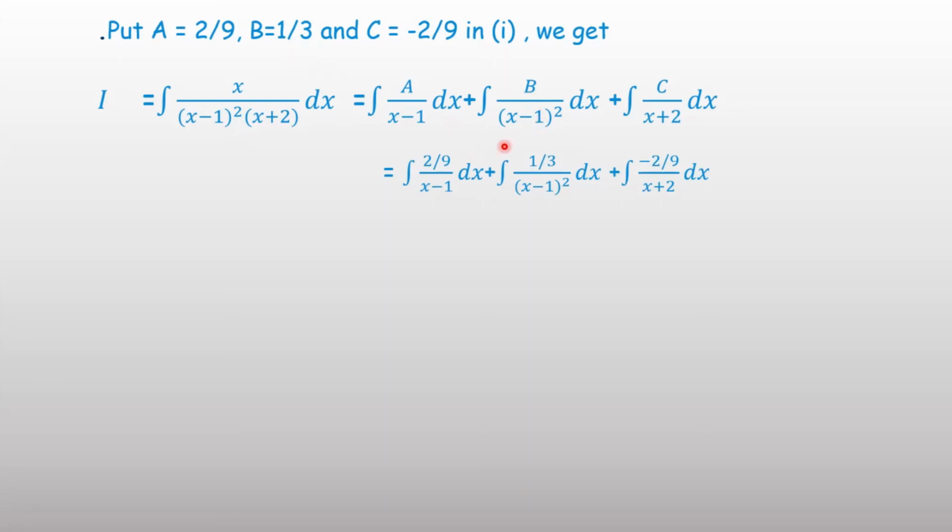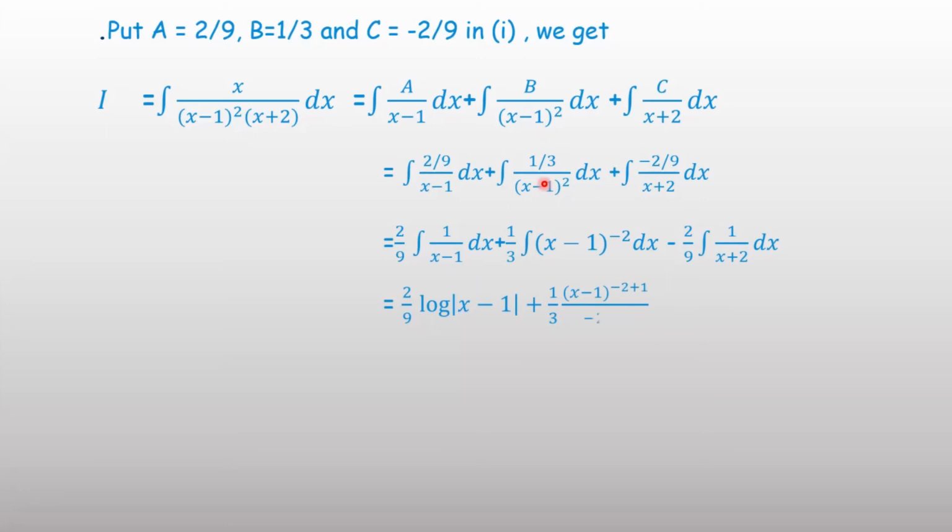Value of B is 1 upon 3. 1 upon 3 (x minus 1) whole square dx plus value of C is minus 2 upon 9, minus 2 upon 9 (x plus 2). 2 upon 9 right outside, 1 upon (x minus 1) integration, plus 1 upon 3 and 1 upon (x minus 1) whole square means (x minus 1) power minus 2 dx, minus 2 upon 9 1 upon (x plus 2) dx. 2 upon 9 integration of 1 upon (x minus 1) is log (x minus 1)